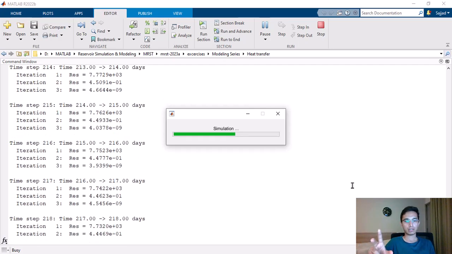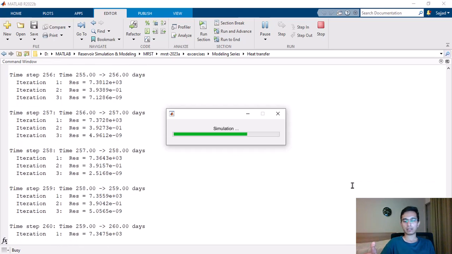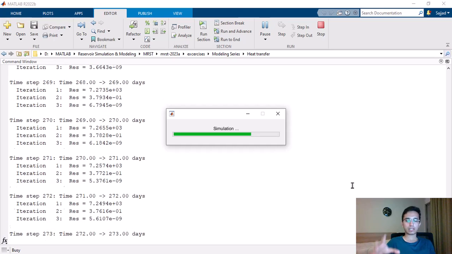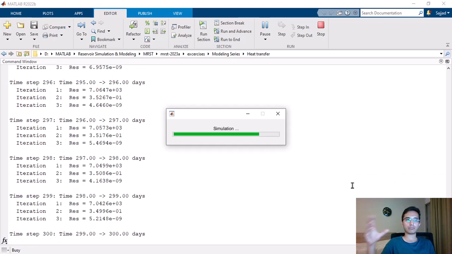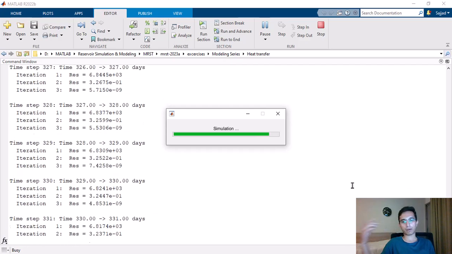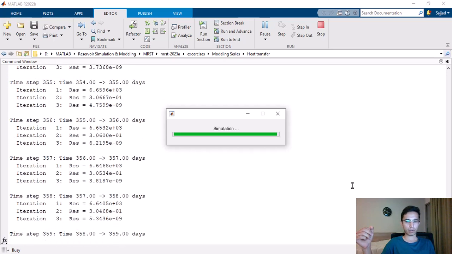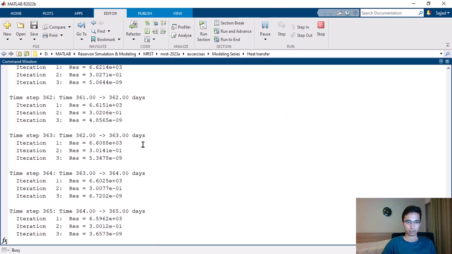One shows the pressure distribution in the porous medium, and the other one shows the temperature distribution in the porous medium. In this case, because we have a one-dimensional porous medium, I can use the word profile. So we will have a pressure profile and a temperature profile for our porous medium to see. All right, so let's see